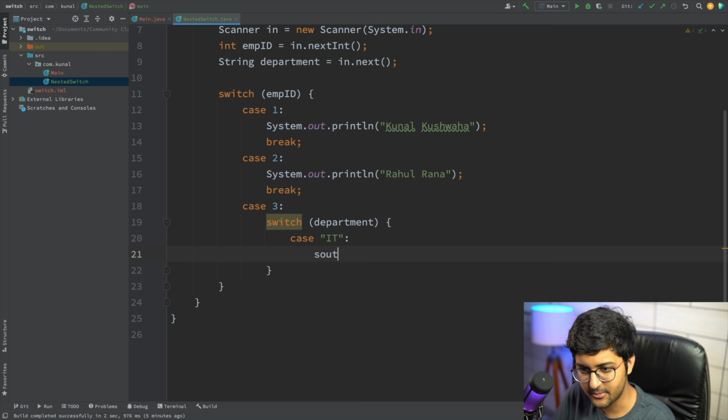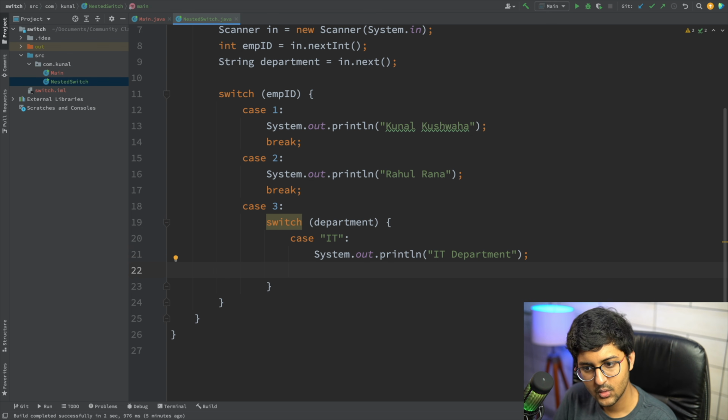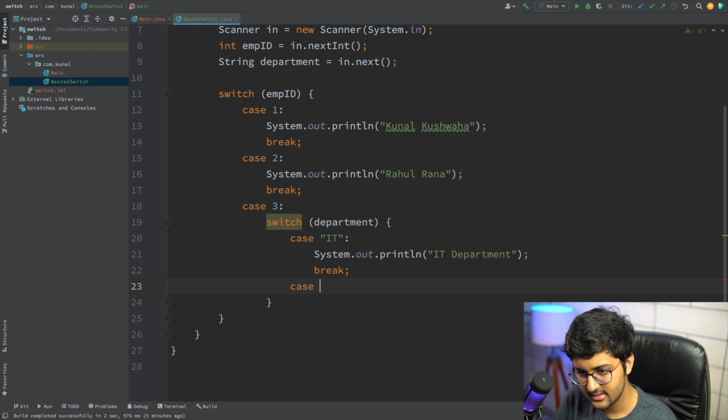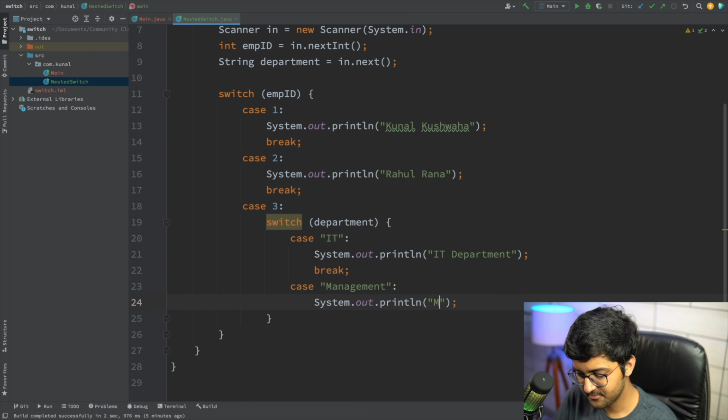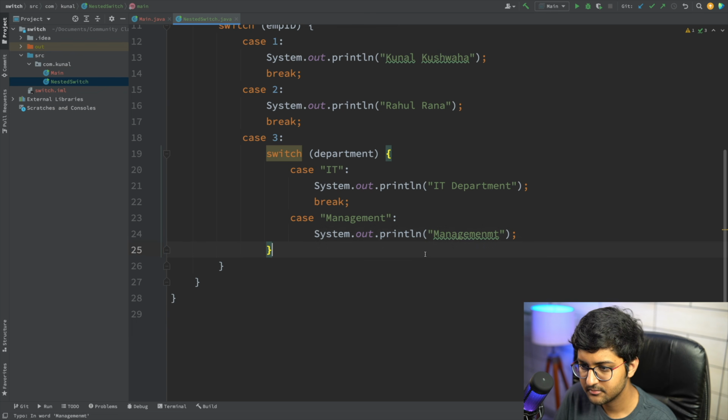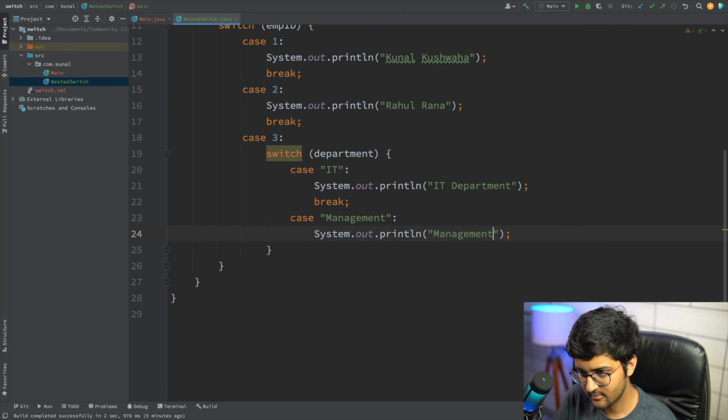So here I can print IT department. Okay, and then I can say break. Otherwise I can say case management, print management department, and break.